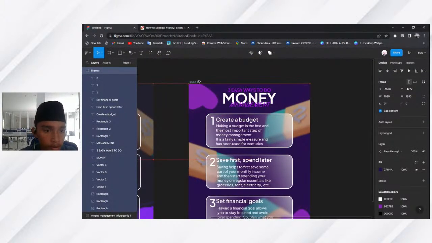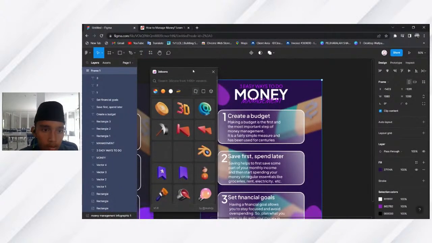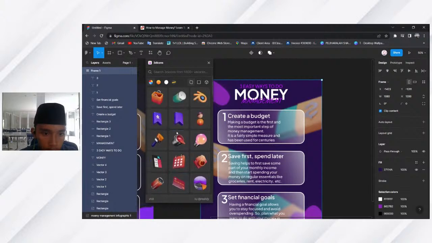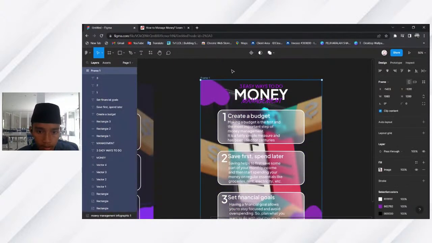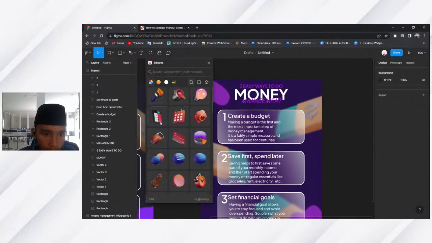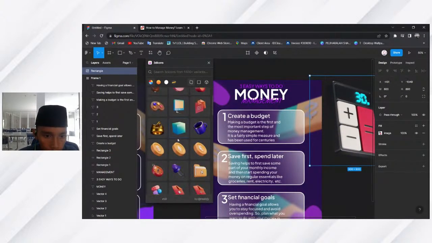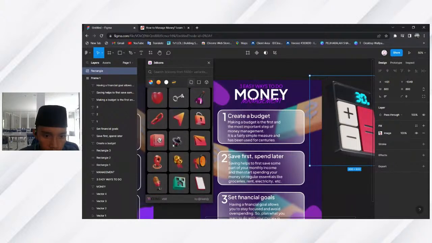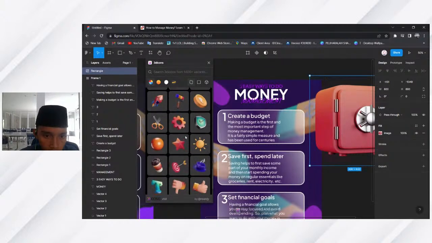So, we're going to open 3D icons again here in our plugins. Now run that. And we are going to search for the calculator here, right over here, below the paintbrush. Okay, so here we have the calculator, and then we are going to use the save, and lastly the target.